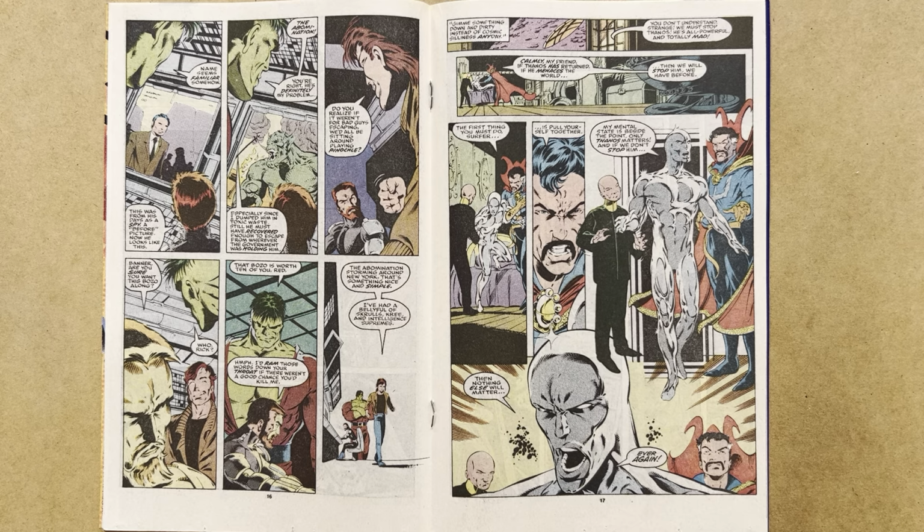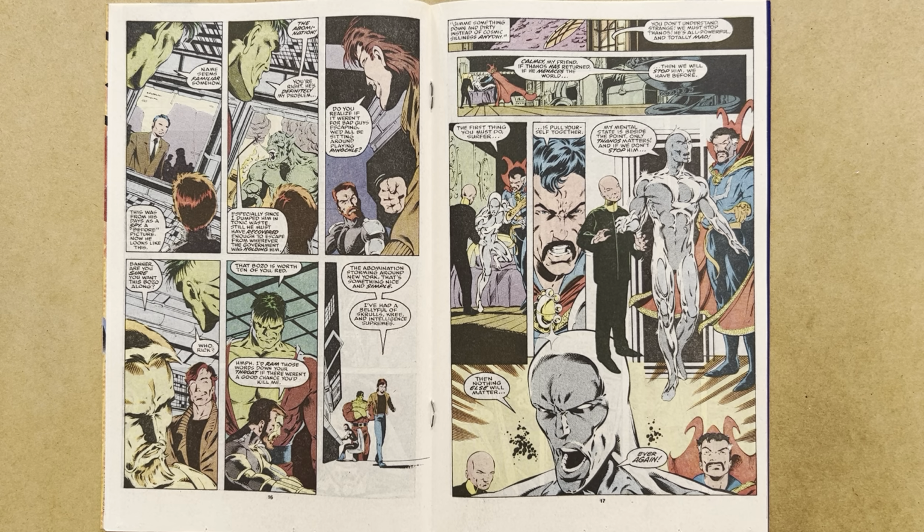Why is that important? It's coming up shortly. Ulysses there is focused on the mission. "I'd ram those words down your throat." "If they weren't a good chance, you'd kill me." And Rick walks off, the Abomination storming around New York. "That's something nice and simple. I've had a belly full of Skrulls, Kree, and Intelligence Supremes." A reference back to the original Kree-Skrull War in Avengers 89 to 97 thereabouts. I like the variation of the six-panel grid, where we've got the borderless panel as Rick walks off. Also this is clever because we have this transition from him talking about how this gig in New York is going to be nice and